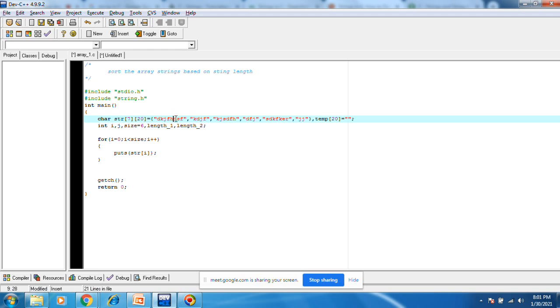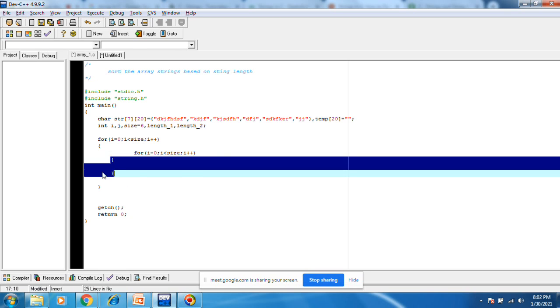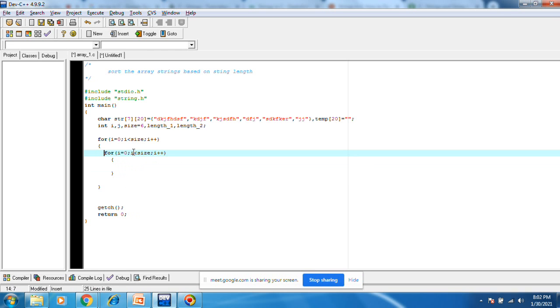Suppose the length of this element is greater than this element, then it should swap. For the swapping technique, let's do it one by one. This is I, and this is J. J equals I plus 1, J less than size, J plus plus.